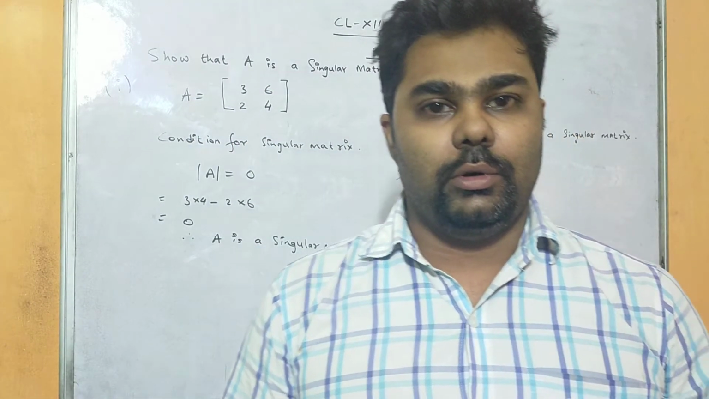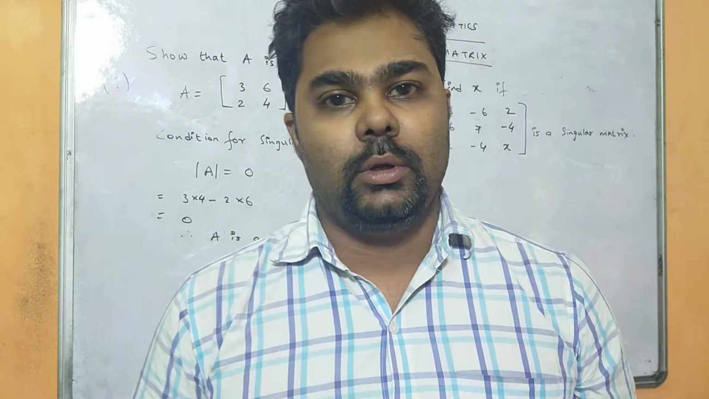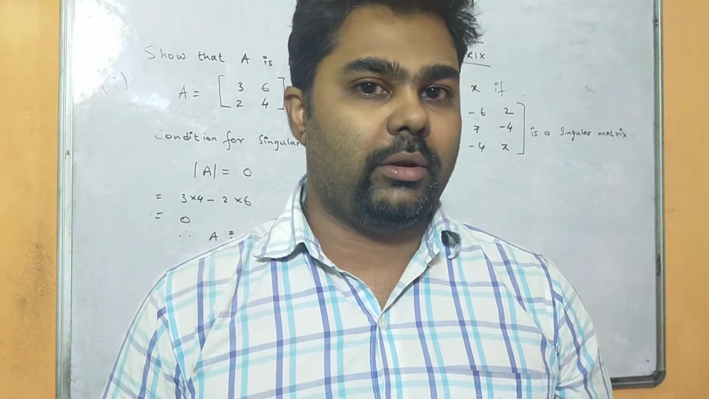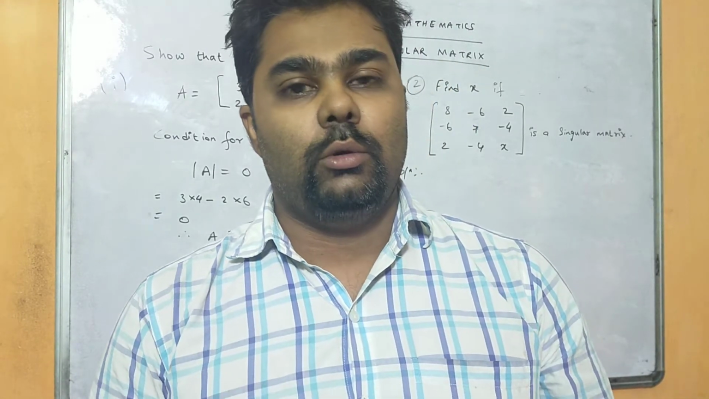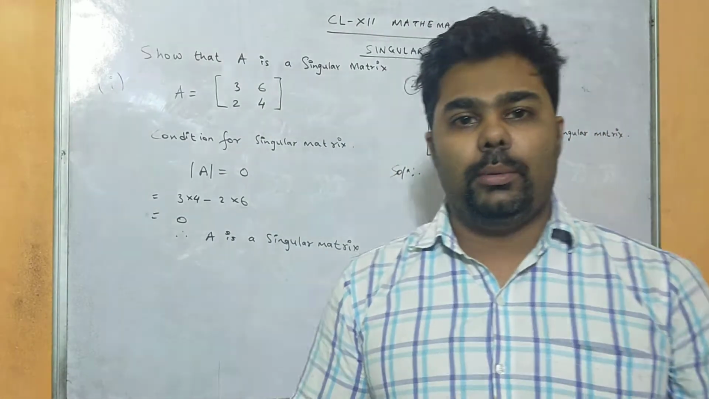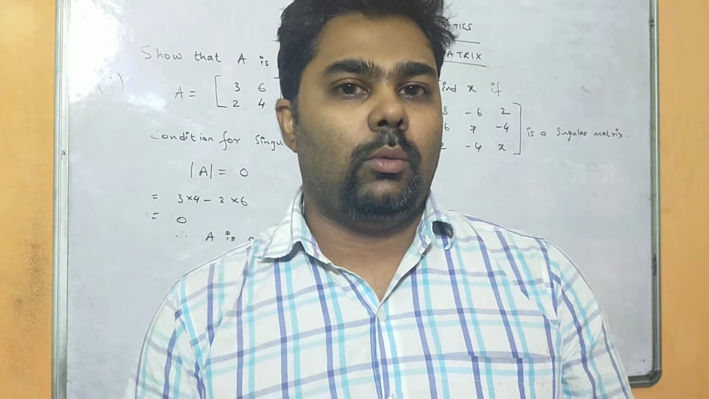So this is the continuation video of the chapter matrix. In my previous online class, I have shown some questions that are based on the adjoint of a matrix. So how to find the adjoint of a 2 cross 2 matrix or 3 cross 3 matrix. Here we will be finding the inverse of a given matrix as well as what are the conditions for